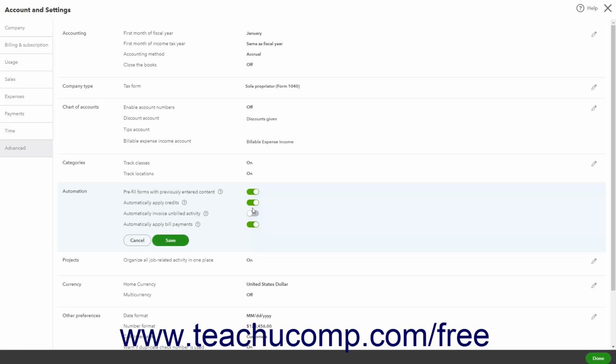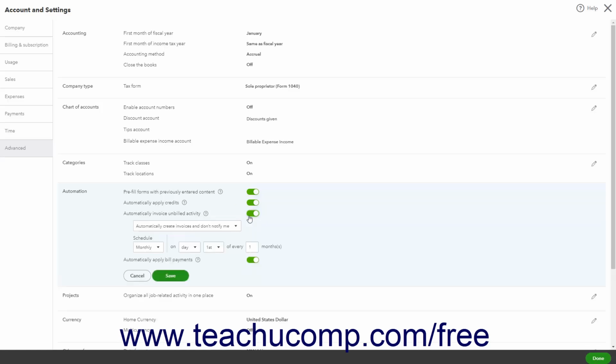To automatically create invoices for customers with unbilled activity, click the Automatically Invoice Unbilled Activity toggle switch to set it to the On position. If enabled, then use the drop-down that appears to select the automatic invoice creation option you prefer, or if you only want to automatically be reminded to manually create the invoices. Next, use the drop-down fields for the Schedule setting to choose when to create the invoices or be reminded to